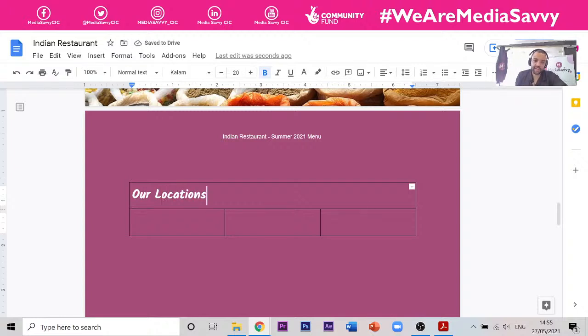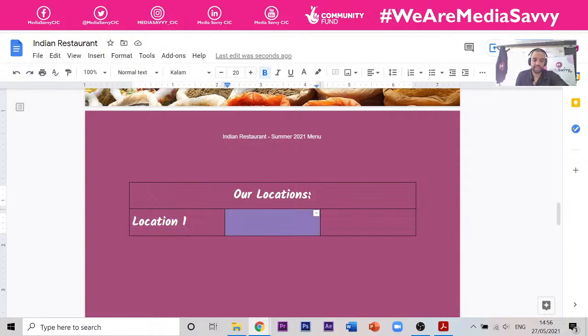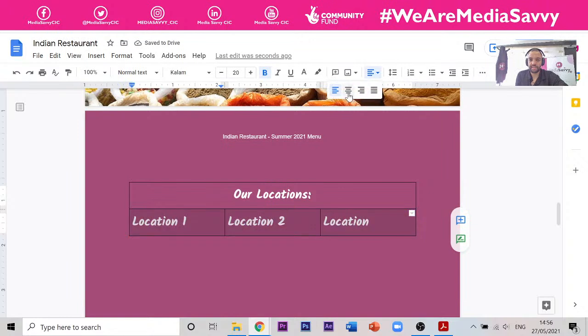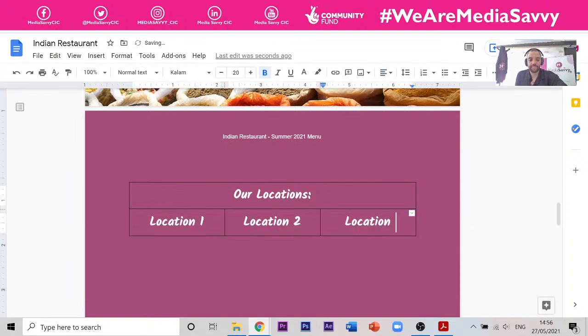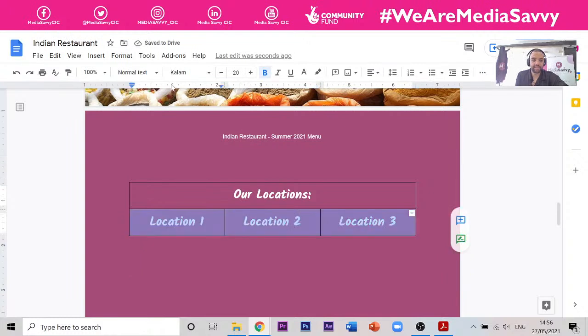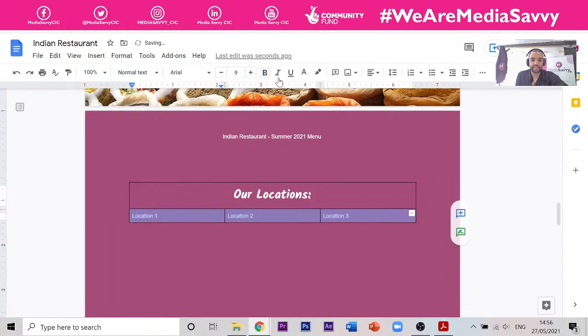We want that centralized, for example, and we might have that there, which is a colon, I believe, or semicolon, don't know. Location 1, select that, put that in there, and then there, change that to 2, and change that to 3. I'm going to centralize that. There you go, right? Put that to normal text, centralize that,